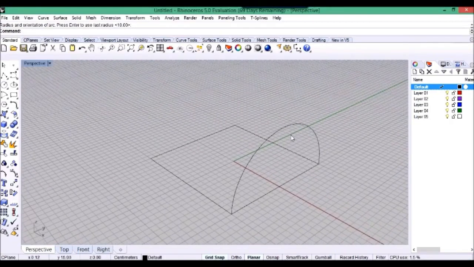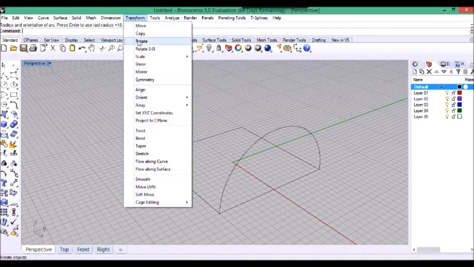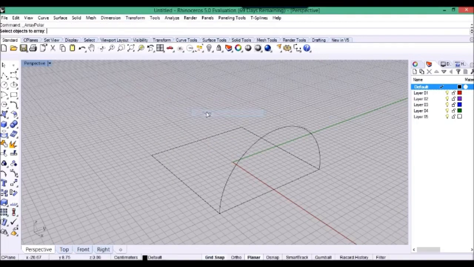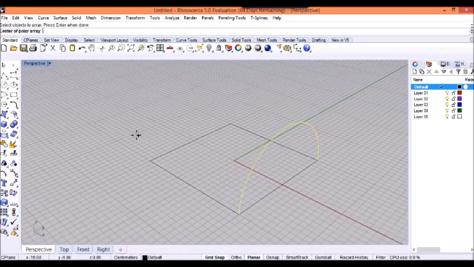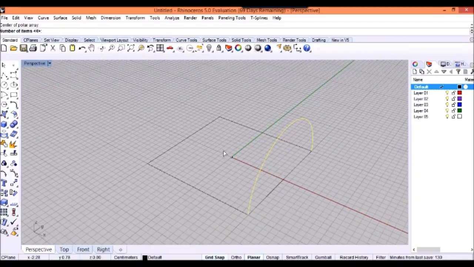Now I want to copy this curve on all the 4 sides. This time I'm going to use array polar, which I can find the transform toolbar, array, and I can just press polar. It is going to ask for objects to array. I'll select and then it will ask for the center for the polar array. Now since the center lies at the center of the grid, so I just click there,